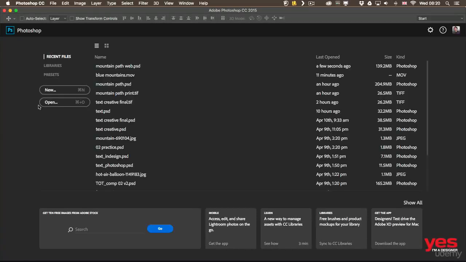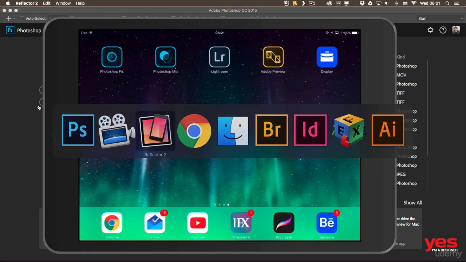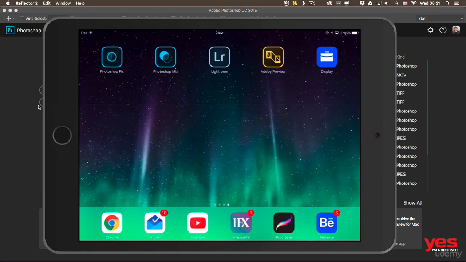In this video, we will see how the Photoshop mobile apps can be used as a part of your Photoshop workflow, preparing retouching or even layered compositions directly on your iPad, iPhone or Android device. So let me first of all switch to my iPad, and I can show you first Photoshop Fix, which is